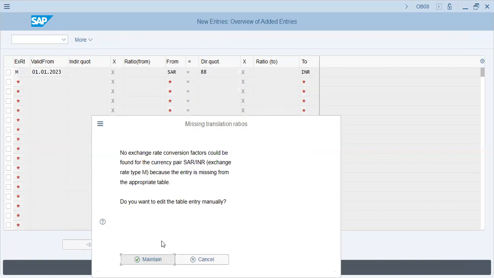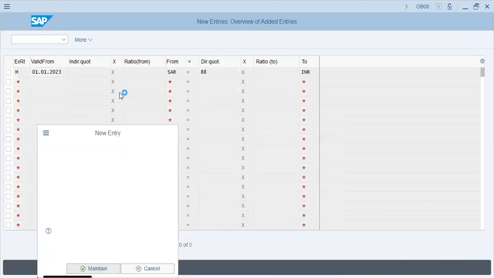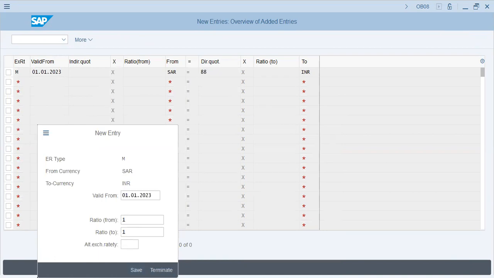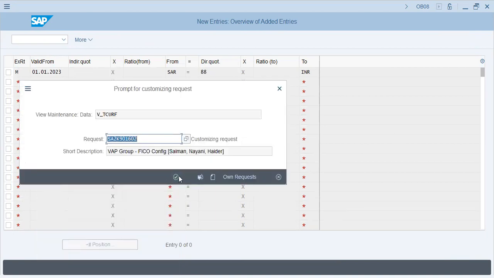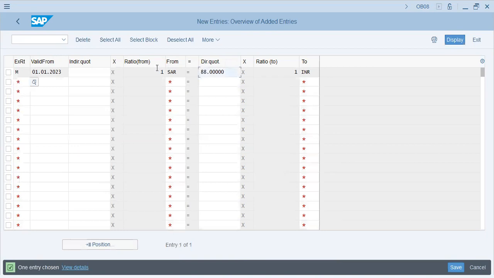So 88 maintain. Okay, 1 Saudi Riyal equals 88 INR. This is direct quote. Okay, let's say M